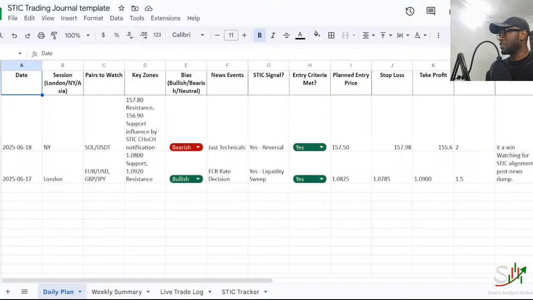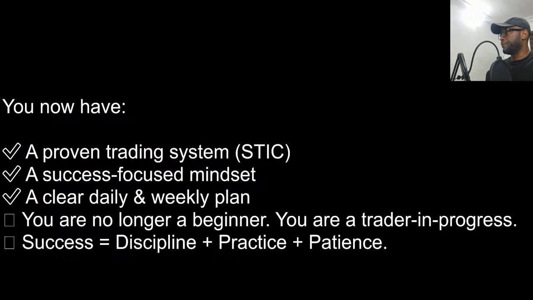So you have access to these already, and like I said, for you to be successful, you need to be disciplined, you need to practice, and you need to exercise patience. Discipline, practice and patience take 90% of the time. For you to actually be a profitable trader, for you to actually take a trade in a day, you need to have discipline and patience 90% of the time, and you've actually already practiced, so you have discipline and patience.